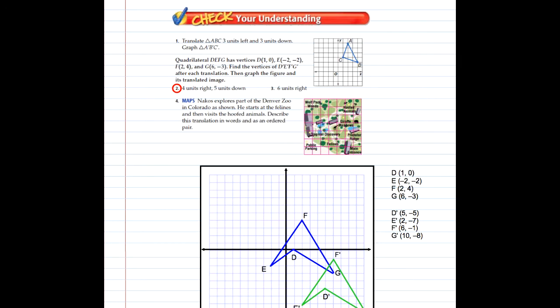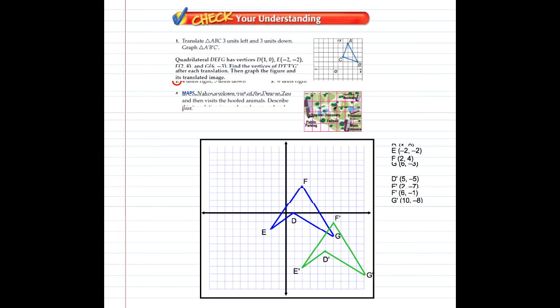We're going to skip down here to problem number 2. We're going to translate quadrilateral DEFG, which has vertices (1, 0), (-2, -2), (2, 4), and (6, -3). You can see I've already done that here. It says 4 right and 5 down. Okay, so these are the ordered pairs of my original figure. These are the coordinates of my